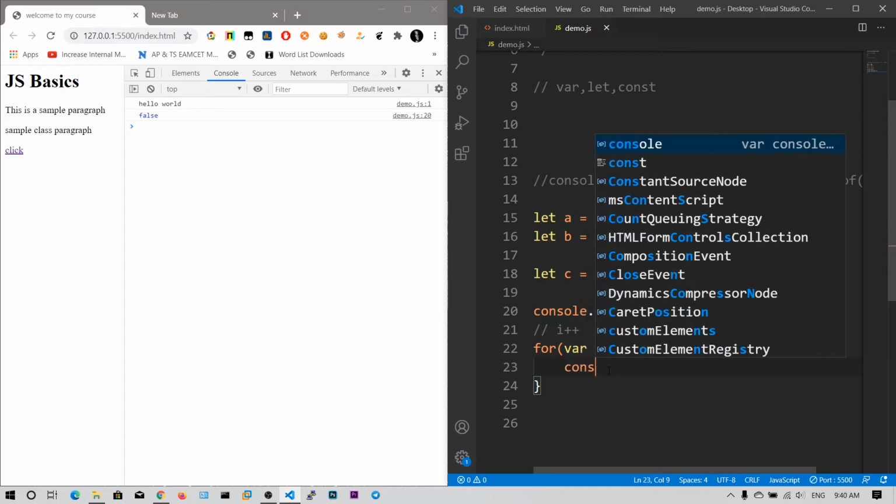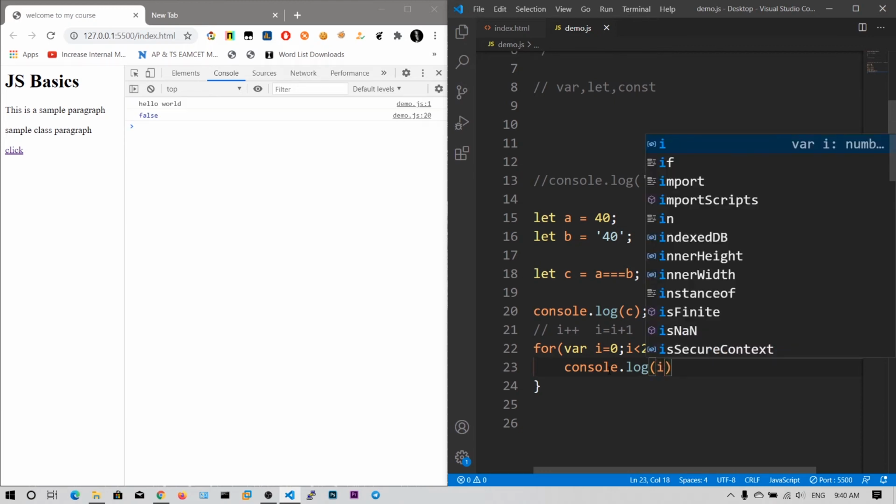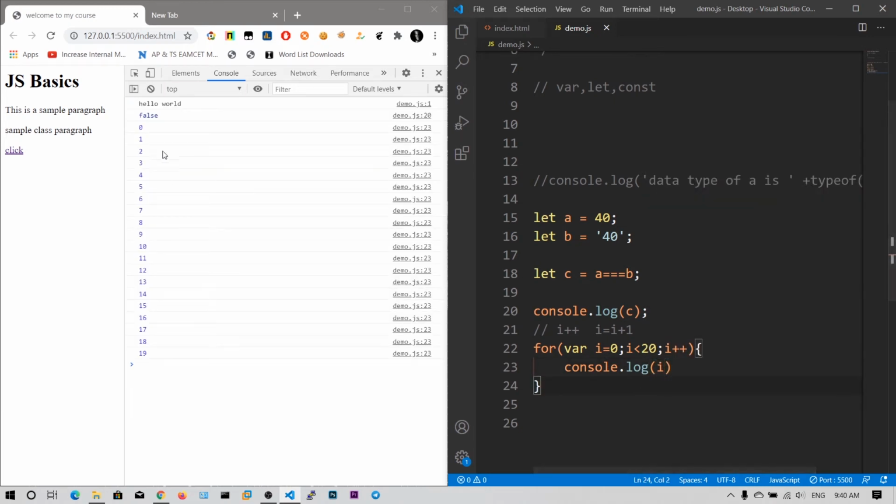So let's say console.log(i). As you can see, the values of i we are printing are from 0 to 19. At the first iteration i = 0.